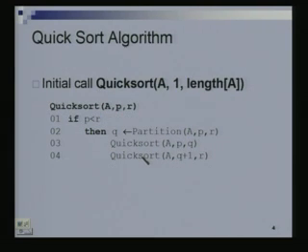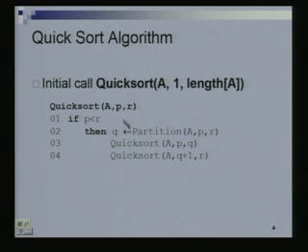I did my partitioning, right? So I have to do quicksort on, let's say, this array, right? Array A between limits p and r. So when I do the initial call for quicksort, I'll do 1 to length of A, whatever is the length of A, right? In general, this would be p to r. Now I need to do it only if p is less than r. If p equals r, then there is nothing to be done, or if p is more than r, then again it does not make any sense. So if p is less than r, then I do something.